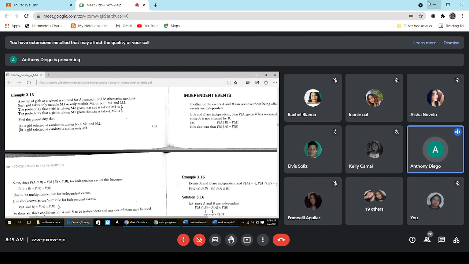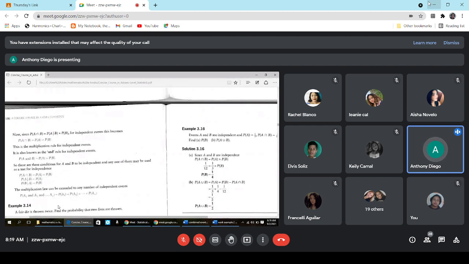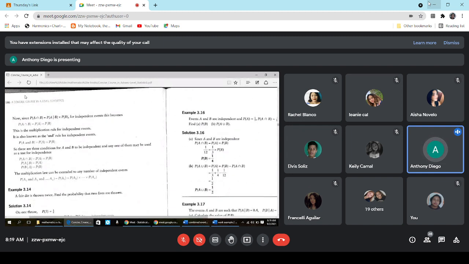And also, what you need to know for independent events is that the probability of A intersecting B is equal to the probability of A times the probability of B. And also you need to know that the probability of A intersecting B, this is the same as this one here, is equal. So these are basically the three theorems that you need to know, along with this extended one